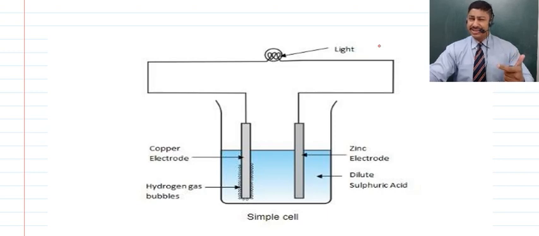Another way is if we keep a moving coil in a strong magnetic field, even then we can have a flow of electrons, because a difference of potential is created. Next, if we talk about a thermocouple, then we also create a potential difference by keeping two different metals at some distance, right? And both of them being kept at different temperatures.